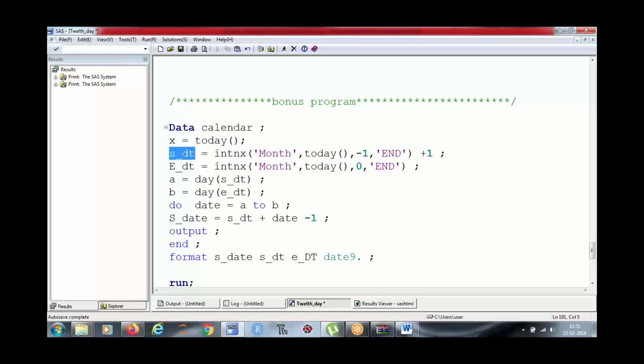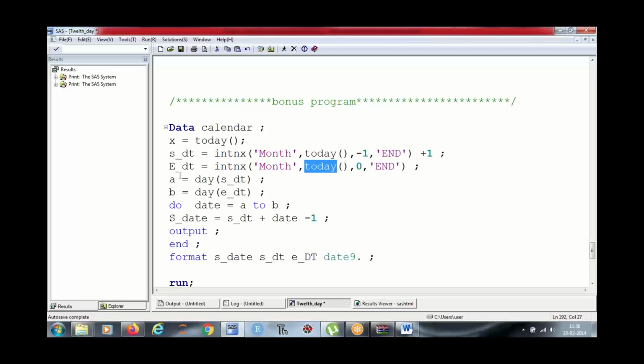Now the start of the month is interval next month from today minus 1, which means last month, and then adding 1 will give me the current month's first date. End date, month, today, 0 means this month's end date, right?